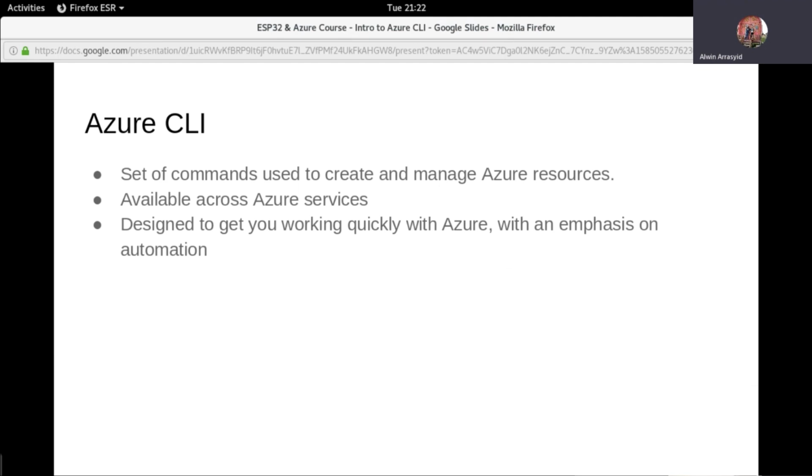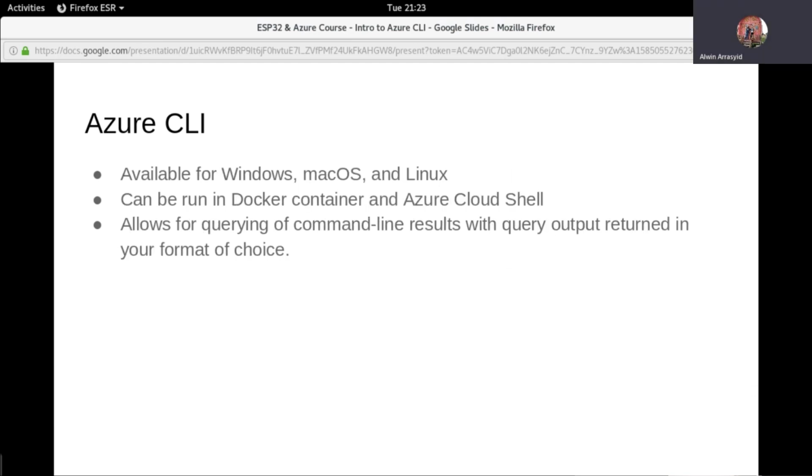Then the Azure CLI is a really handy tool. I think most of the use cases are for orchestrating the creation of some services. Like, if you want to test some device, you can just create the IoT Hub, and then when you don't need it,